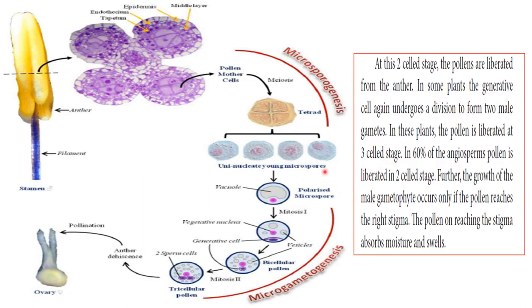The development from microspore to a fully mature pollen is called microgametogenesis. The microspore is the first cell of the male gametophyte, we can say. The difference between the microspore and the pollen is only that the pollen is highly developed. After the microspore stage, it is highly developed and has a dense cytoplasm and a central nucleus. That is the only difference between a microspore and a pollen grain.